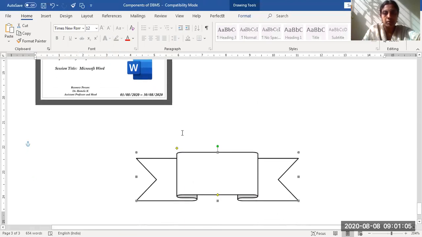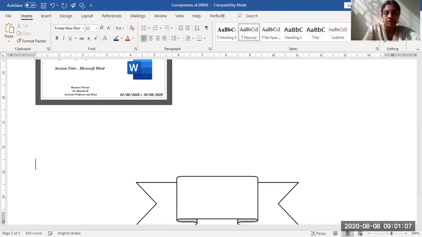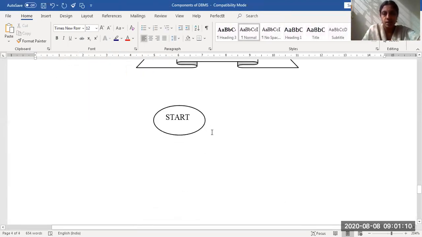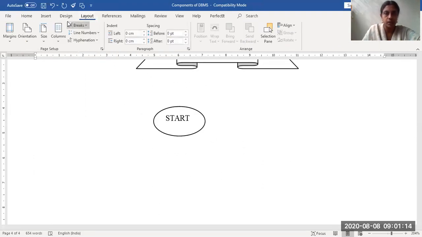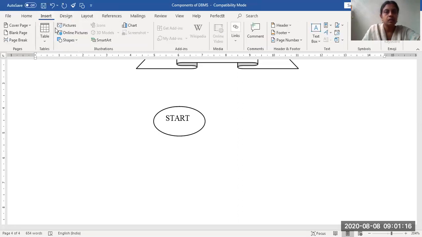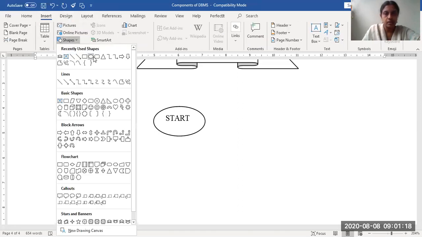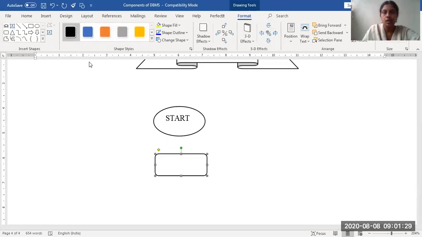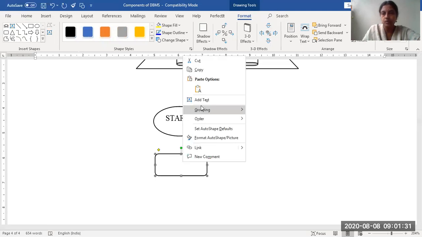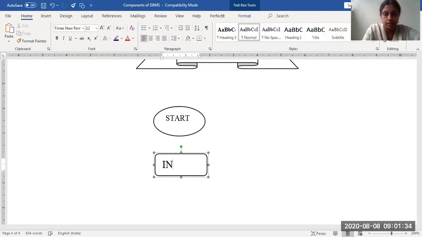And then usually after Start we will have an input button. It's the end of the page, so I'm moving the content to the next page. Here the Start button is there. After Start I want to input some content, so take Design, then Shapes, and this is the symbol for inserting. Select it, and to write text, right click and Add Text. I input a comma b.